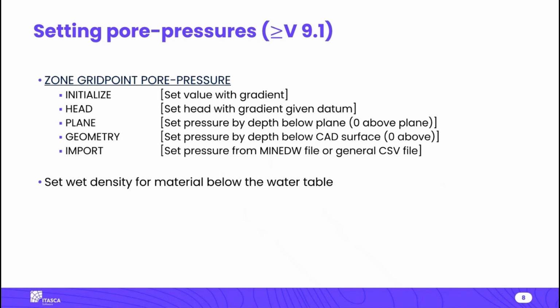Commonly, especially in 3D, you might specify a geometry. So this might be a geometric set that maybe you've imported, like a DXF. Especially in 3D, this is useful. You might have a three-dimensional surface that defines a pore water table. If you import that, it will automatically use that to determine the pore pressures, and I'll show that in the